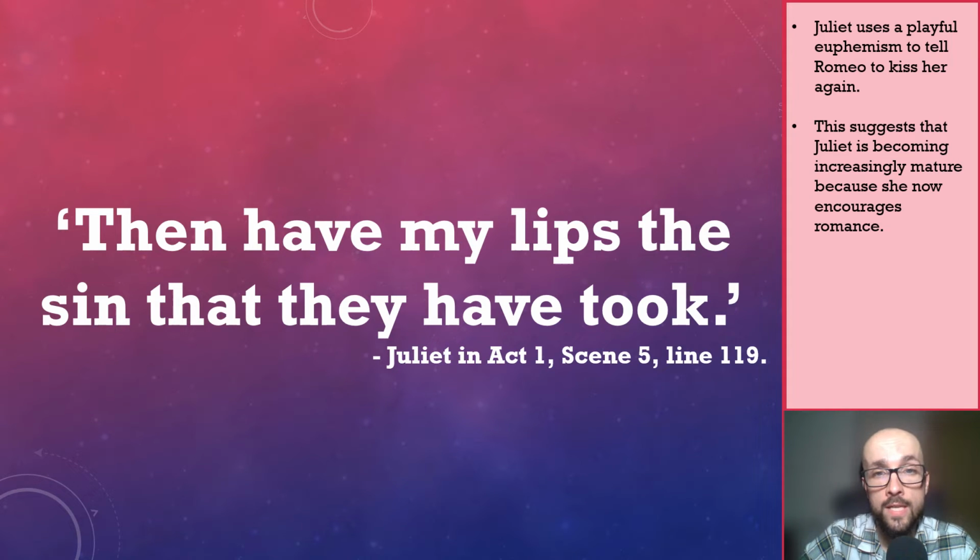Remember that earlier on in the play, Juliet says that marriage is an honour that she dreams not of, suggesting that romance is something she isn't particularly bothered about. And yet now she has met Romeo, she is not just interested in romance, but is actively encouraging its expression. However, I would not say that Juliet is mature in these lines.